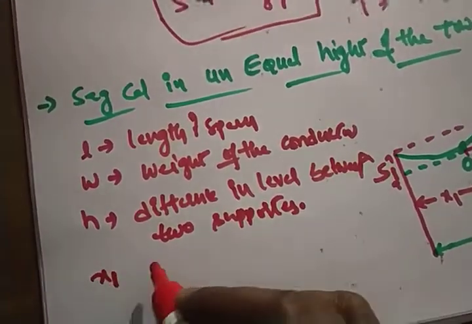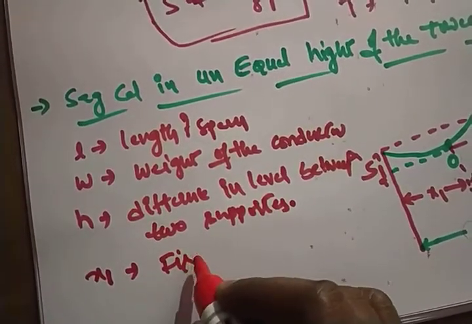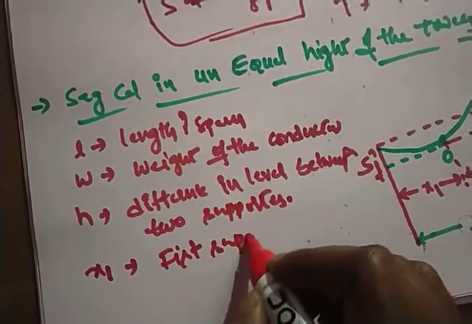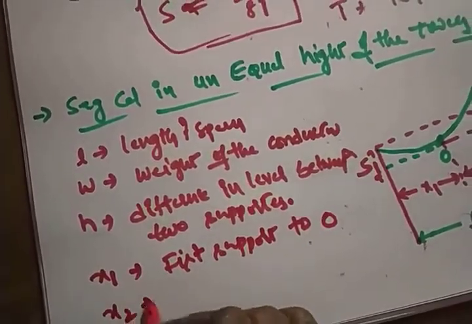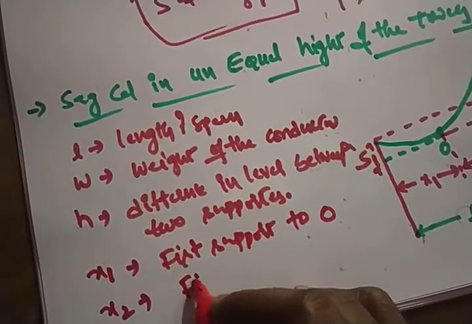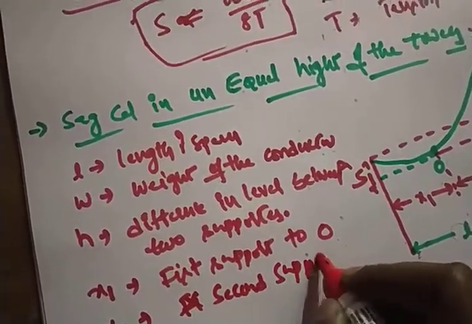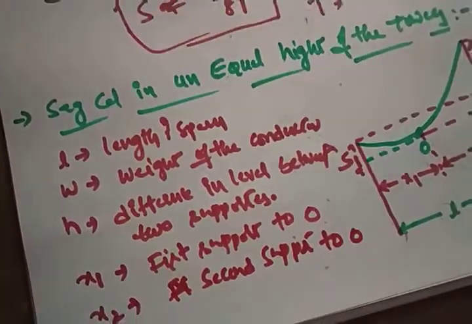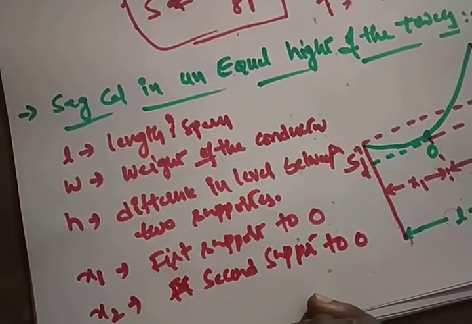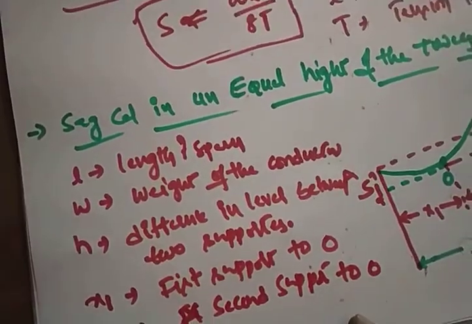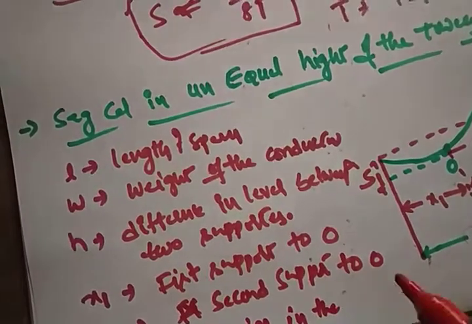So x1 is nothing but the distance from the first support to O. x2 is the distance from the second support to O, right? And now T is the tension in the conductor,